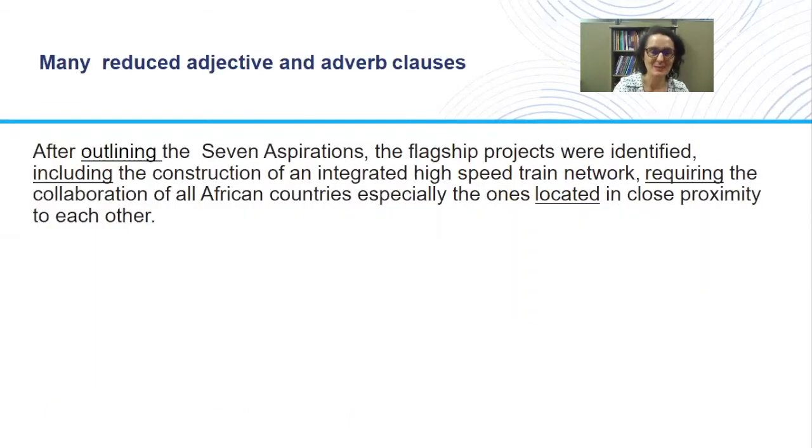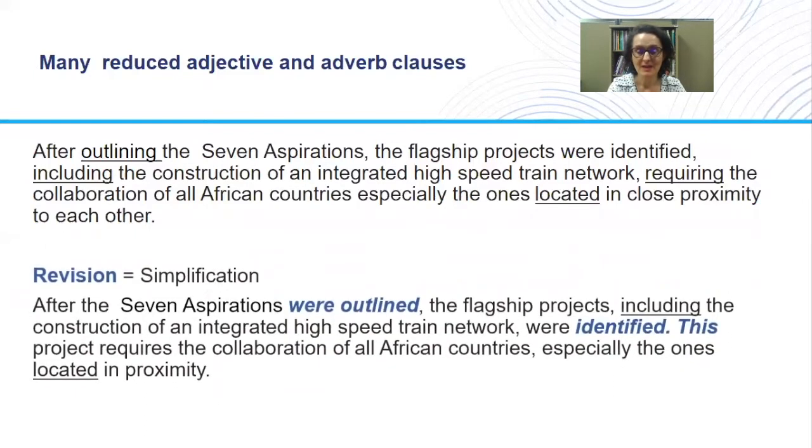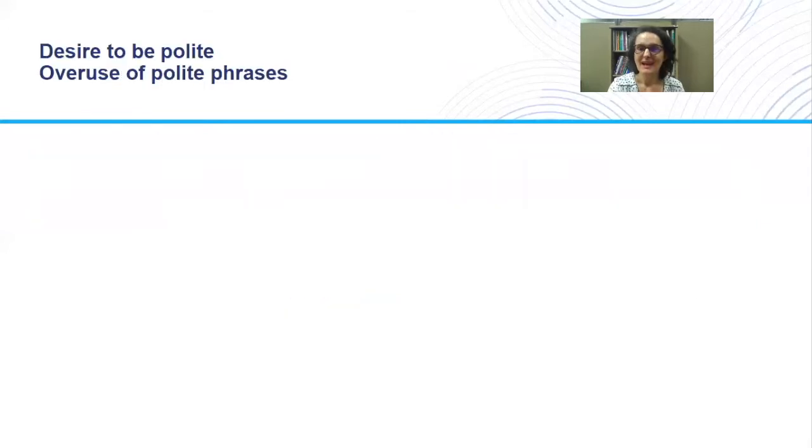Here is another example. In this example, you can see lots of reused adjective and adverb clauses. Another problem is that these are not in the right position, which again makes the meaning very obscure. If you revise the same sentence, again, you might consider it a little more simple. If you revise the sentence, yes, you might have two simpler sentences, but your outcome is more readable and more comprehensible.